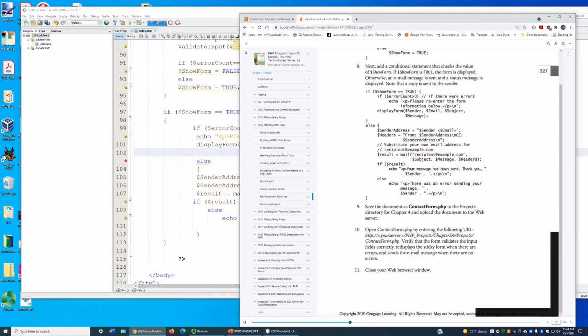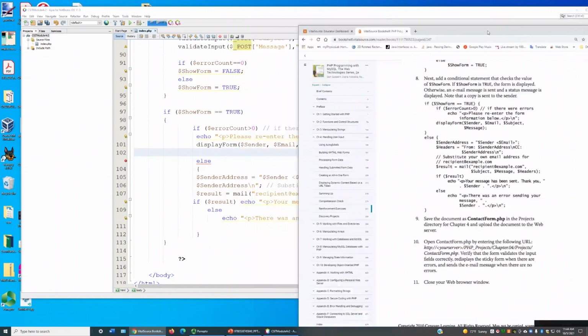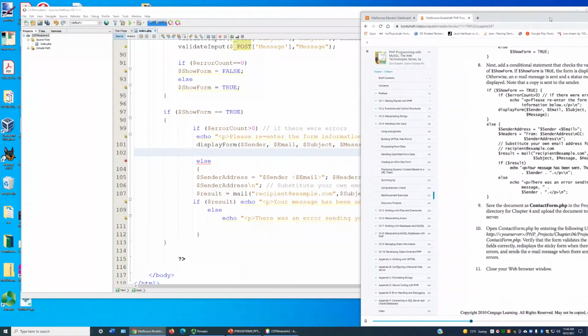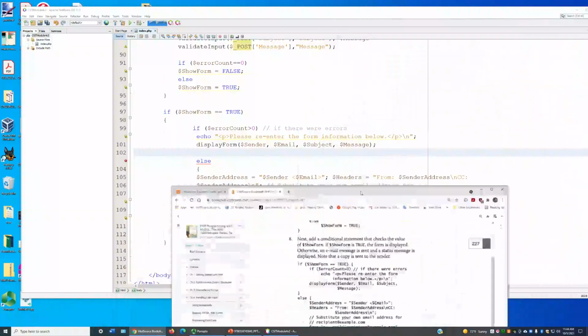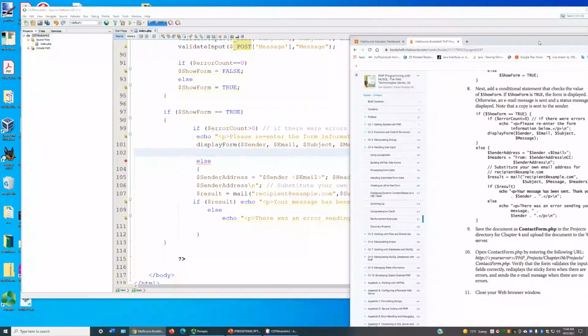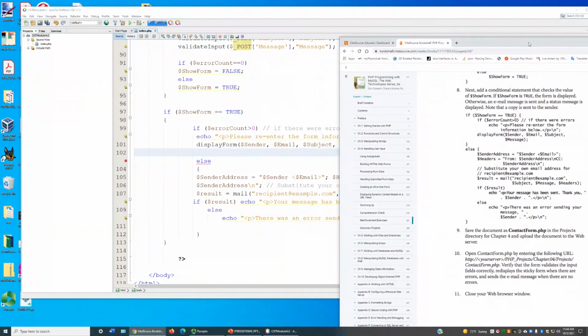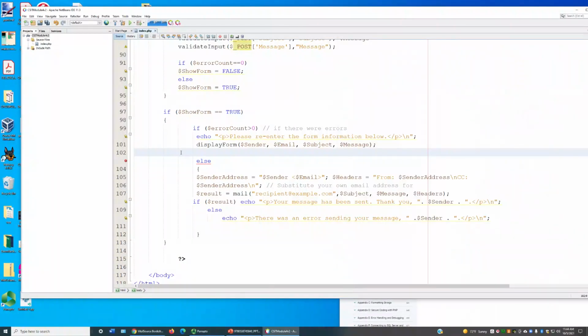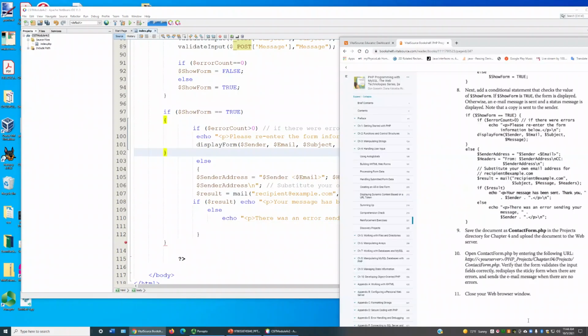Oh, let's look at that again. If show form equals true, then we echo data. Look at error count. Then we echo data, display the form. That closes this if statement right here. So that actually closes right here. Okay. Then we have our else, and our else is going to handle